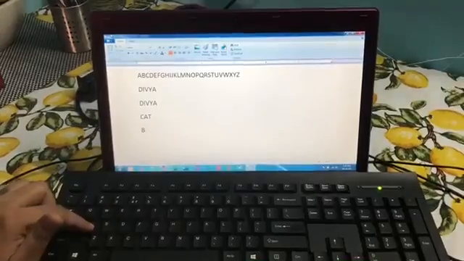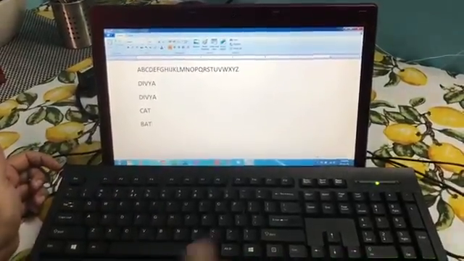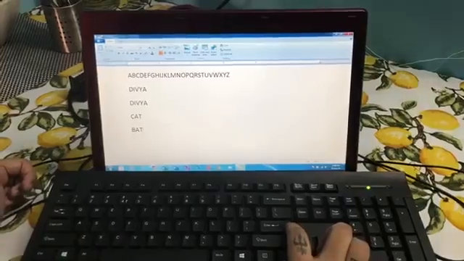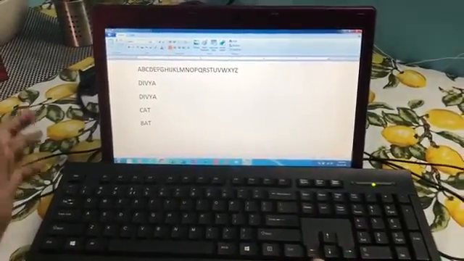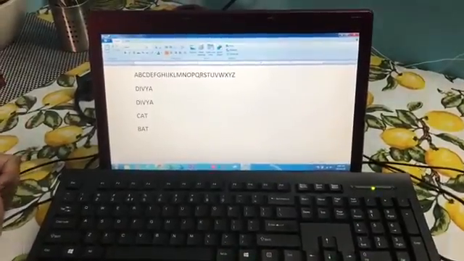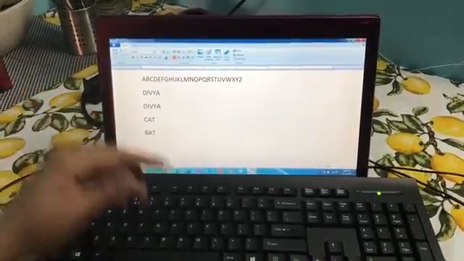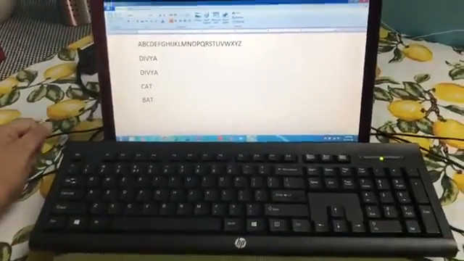B-A-T. Bat. And again, to come down, I am going to press enter. Very good. I'm sure all of you have understood this now. Whenever you want to come down, you are going to press enter.